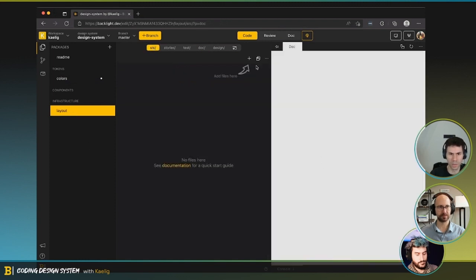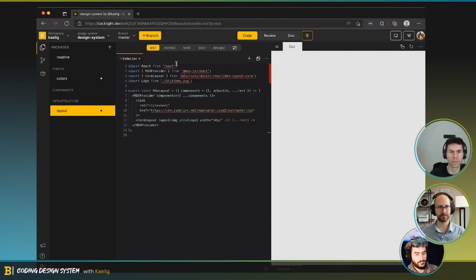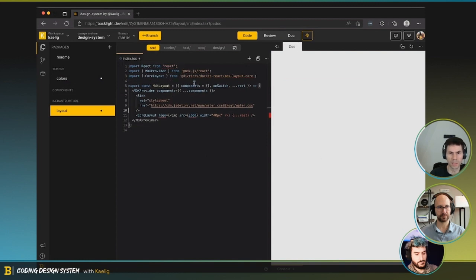For the sake of doing this very quickly, we can do that in TSX, and we can lay out those things. We don't need this. We don't need a logo for the moment.